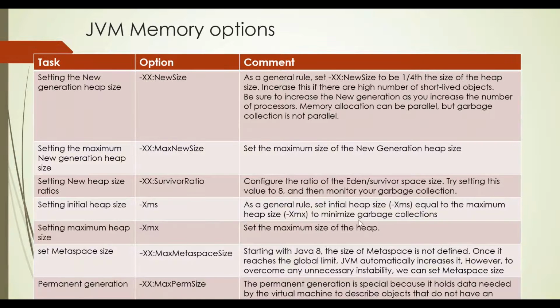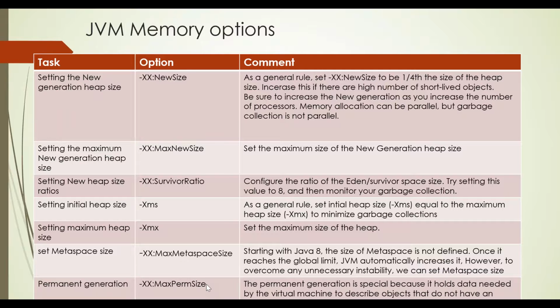Okay Chandan, I'll come to your question. Let's first finish this topic. So what is max perm size? It is the permanent generation. The permanent generation is the generation of your JVM heap memory which contains all the data which is needed by the JVM itself. You can specify this whenever you're starting your JVM, using the parameter -XX:MaxPermSize, and you can give a value.